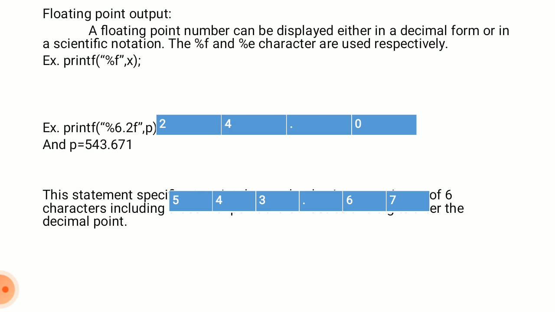24.0. Why will it print .0? Because we have declared x as a floating point. So 24.0. Suppose it is 50, so 50.0. Okay. So another example, printf